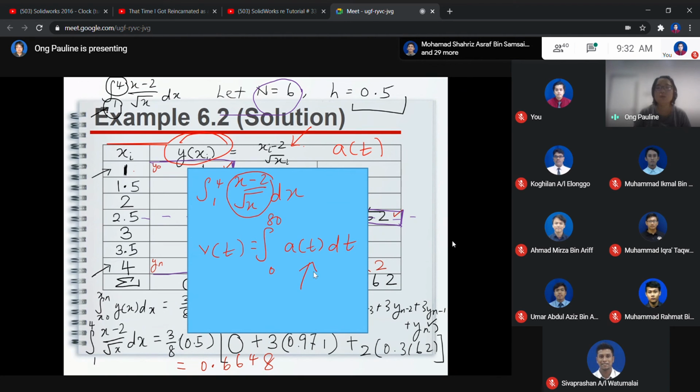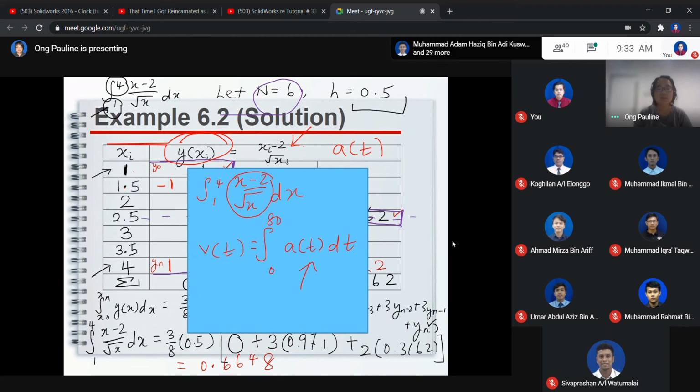Alright. Untuk ini, you nak integrate y(x), so kita letak y(x) di sini. Okay. So yang untuk velocity kita nak integrate acceleration. So you letak acceleration di sini. Okay, dan untuk yang y(x) di sini, yang nilai di sini minus 1 dan 1, ini merupakan nilai y pada